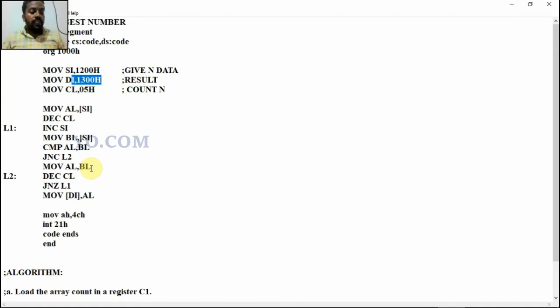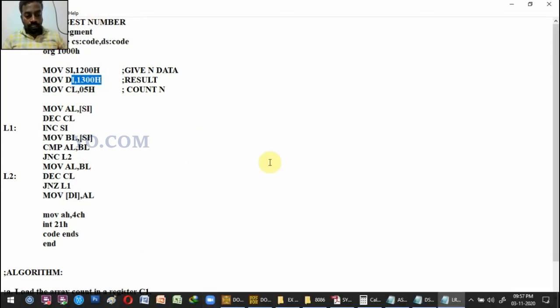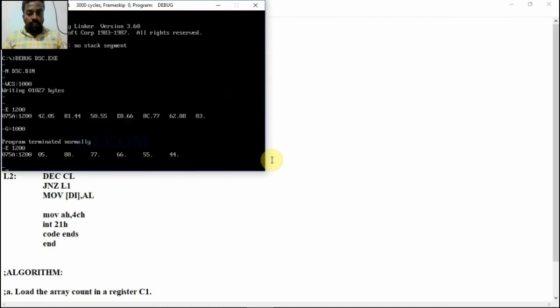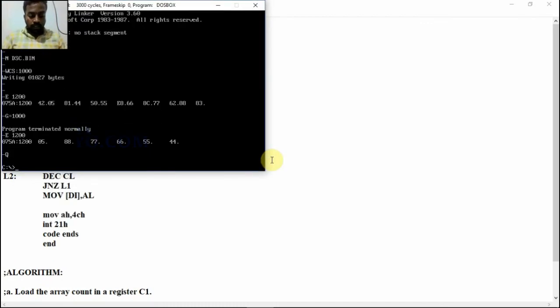Okay, let us see the execution. The file name is LRG. Just quit this. The file name is LRG.